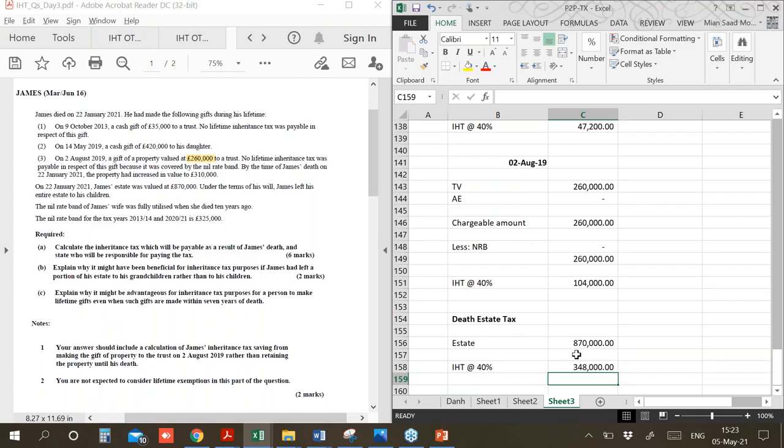I have not only calculated the tax for the particular lifetime transfers, I have also calculated the death estate tax. Now there is so much confusion about nil rate band because it is quite a tricky part. So I will now spend a few minutes explaining how nil rate band works. Guys, nil rate band gets reset after 7 years. So if there is a transfer that you have made that may have utilized the nil rate band, but after 7 years have elapsed, the nil rate band gets reset. So you will not consider that usage in your nil rate band utilization.